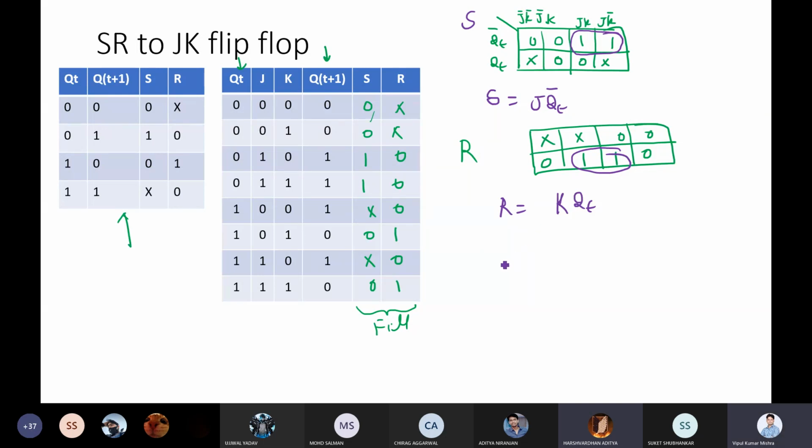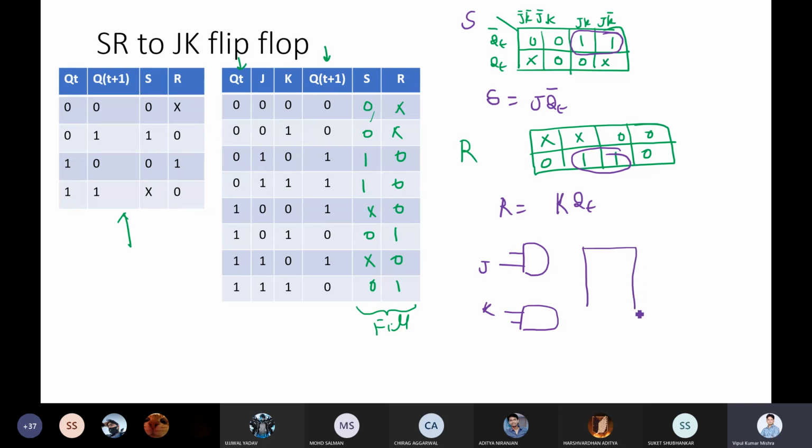So now we have these two functions, and I have one AND gate which has input of J, and this will be QT bar. So I will take from QT bar, and here we have K, and this input is QT.